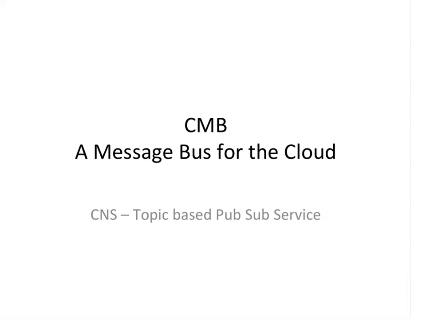If you look a little bit closer, you see that CMB really consists of two separate services. One is CQS, which is a queuing service, and the other one is CNS, which is a topic-based pub/sub service. Both these services are fully API compatible with their Amazon counterparts, SQS and SNS, if you're familiar with them. So if you are a user of SQS or SNS today, you could switch over to using CMB without having to change any of your code. The compatibility goes so far that you can actually use the Amazon SDK to access our version of it,